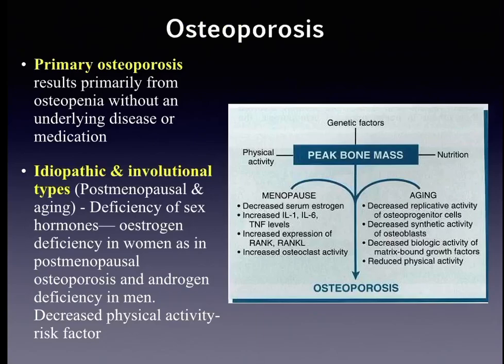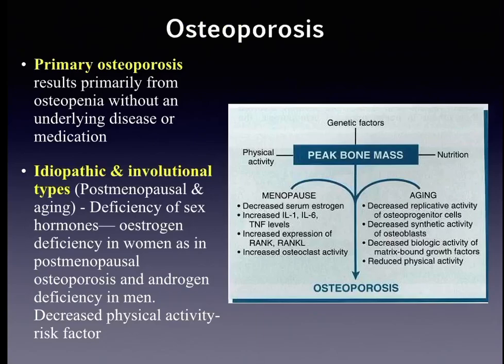Primary osteoporosis results from osteopenia without an underlying disease or medication. It can be either idiopathic or involutional type. So it is mainly in the postmenopausal and aging because of deficiency of the hormone estrogen in women, as seen